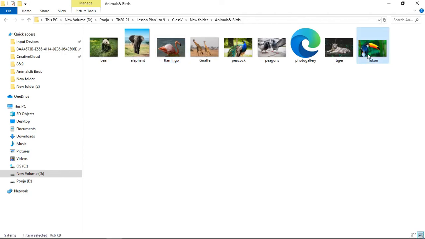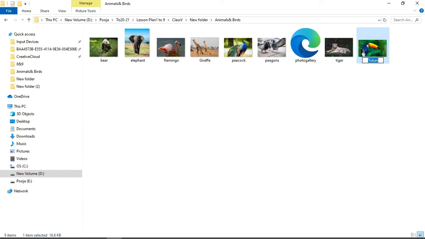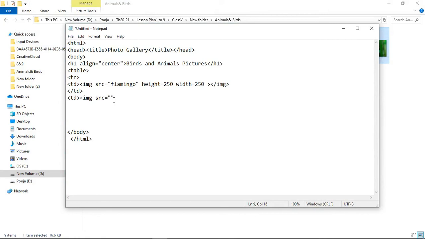Like I want to give the name of toucan. So just paste the name of the picture here and then set the height and width. Here you can see there is only one row with 2 columns. Okay, let's see the output.